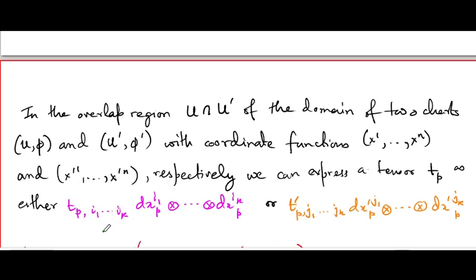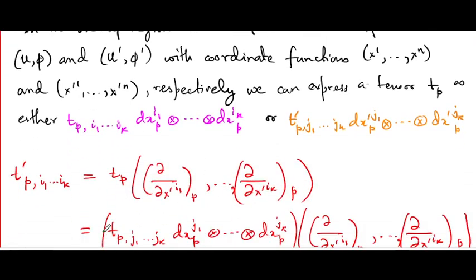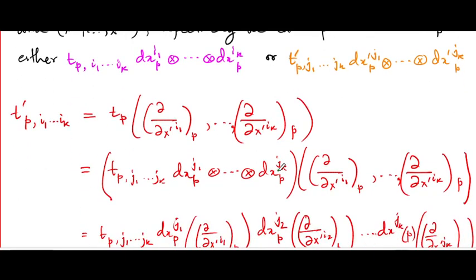And the answer is rather simple. We know how to figure out these components. We have just worked it out. T prime_p I1 to Ik is nothing but T_p acting on the coordinate basis vectors del/del x prime I1, del/del x prime I2, etc., right up to del/del x prime Ik, all at point p, all basis vectors according to the chart (U prime, phi prime). But T_p itself